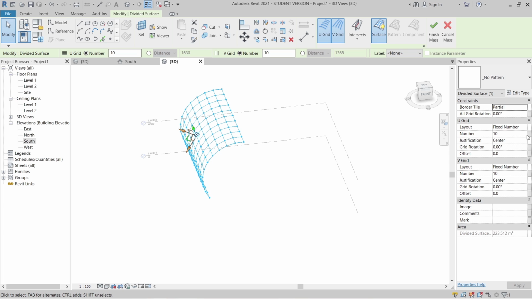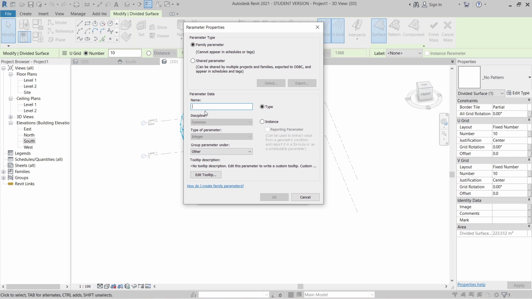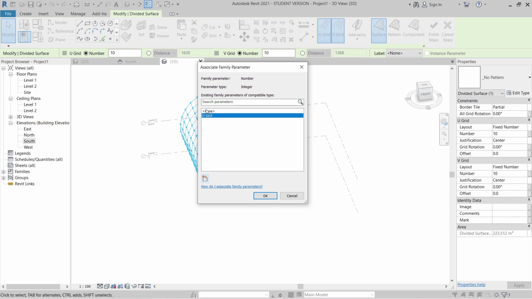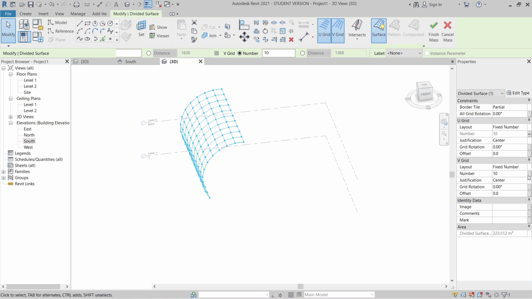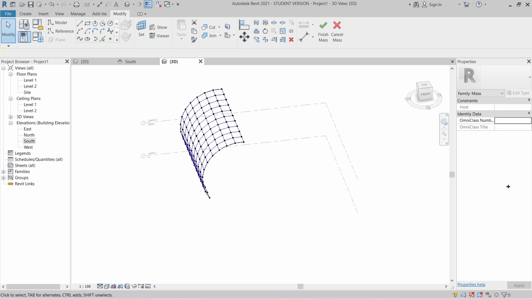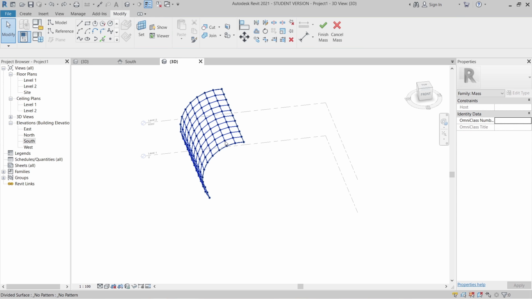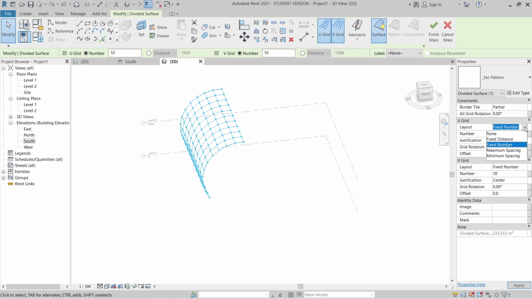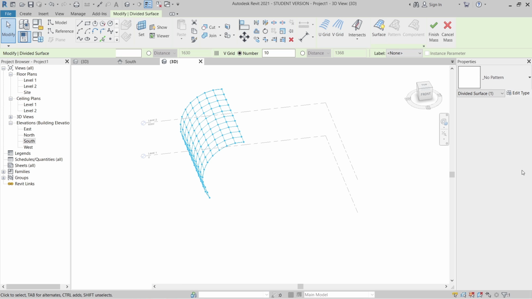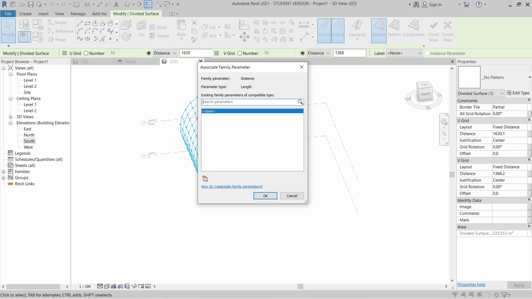open node there. Now I want to create a parametric also. I will select here for association family, associate family parameter, create new, and give this one U grill. Okay, again for our V grill also. Okay, basically I went wrong already. Let me control Z first. Because I want to change that for fixed distance, I want to control my panel here by distance. This is the reason. I will create again U grill.